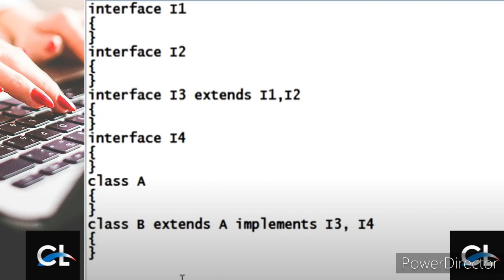And if you have another class as a superclass, another class like class B as a subclass, and simultaneously you also need the common properties of I1, I2 and I3, then we can go ahead like this. Not only I3, I4, if more interfaces are there, we can write those also.